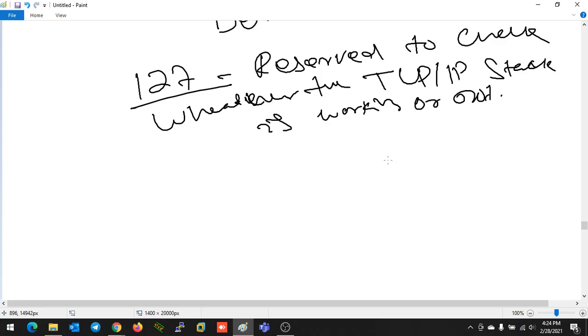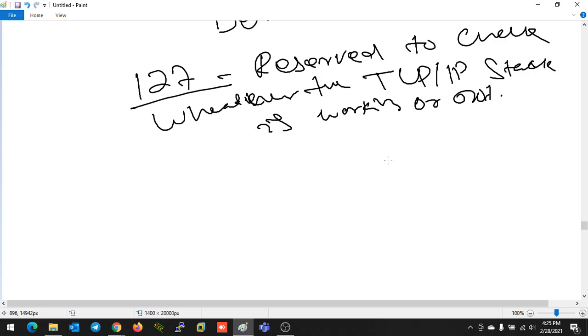So all the IP addresses from the 127 range are predefined or reserved to check whether my TCP/IP stack is working or not. That is also not for all devices, only on Windows devices will you get the response.